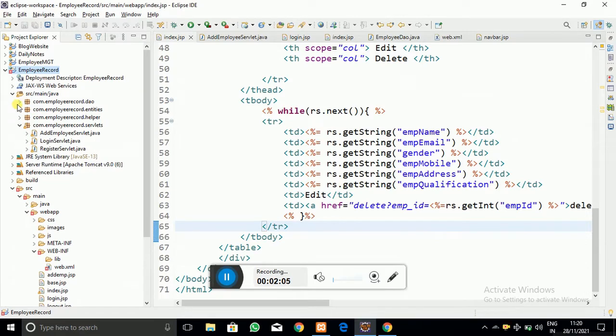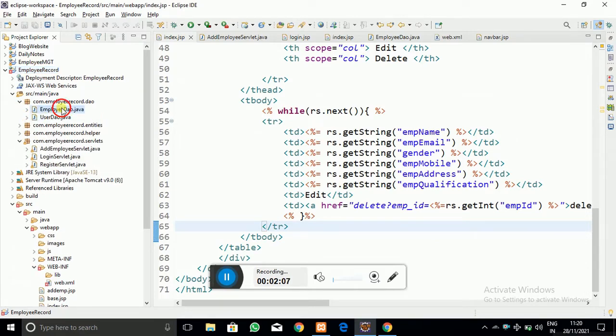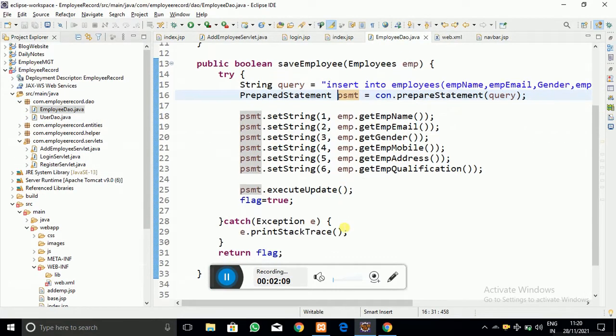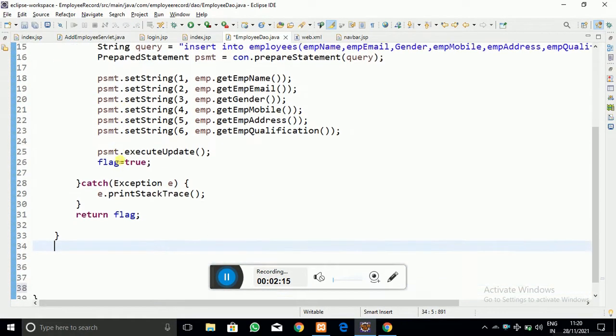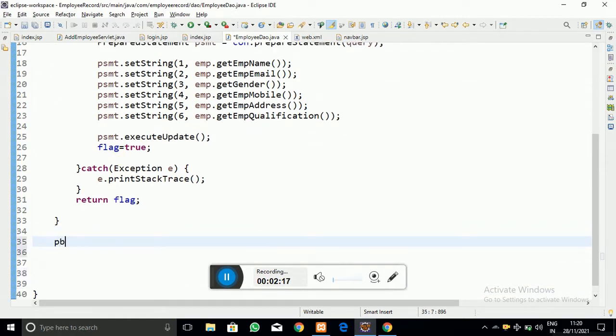So for that purpose, let me open the employee DAO class, which we have created. Here I have to create the method: public void delete employee, and for that method the employee id is the parameter.